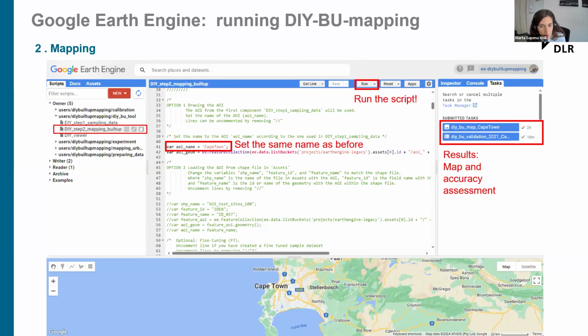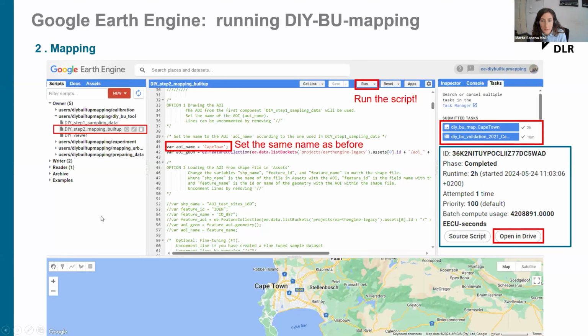But something to mention is, since it's computed on the cloud, you can just run the code, close the window, turn off the computer, and then in 2 hours you just log in again, and then you will see your result. The tool is working in the background, so you don't even need to be within the internet network to run this.